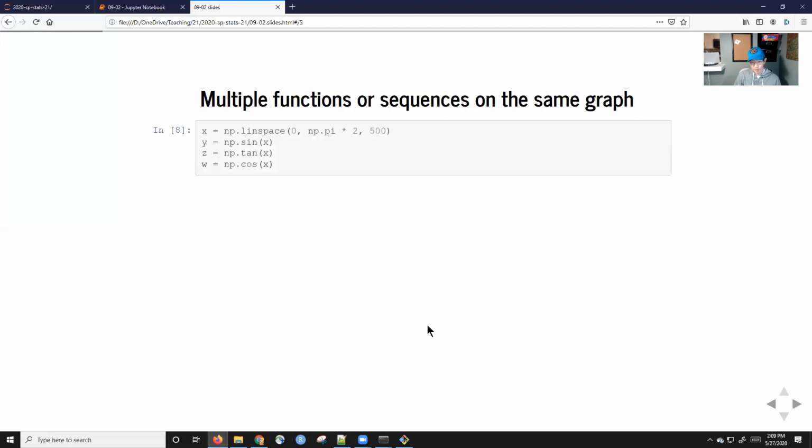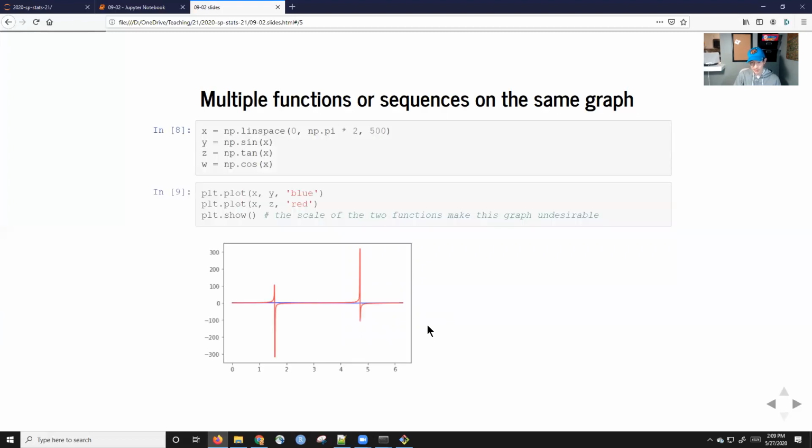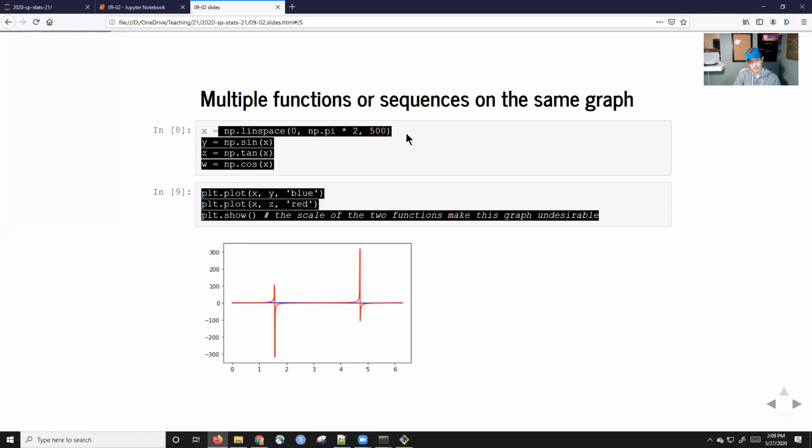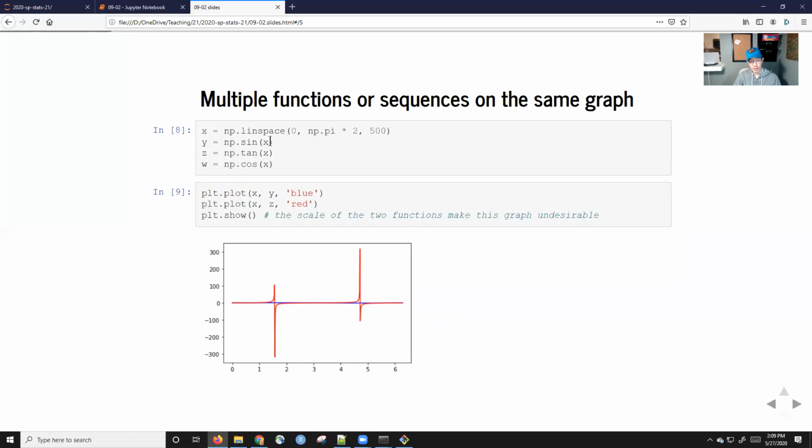You can do multiple plots on one thing, right? So these are just the basics. Here I said, x's are values of 0 to 2 pi. Y is going to be the sine of x. Z is the tangent of x. W is cosine of x. All right, so if I plot sine of x along with tangent x,